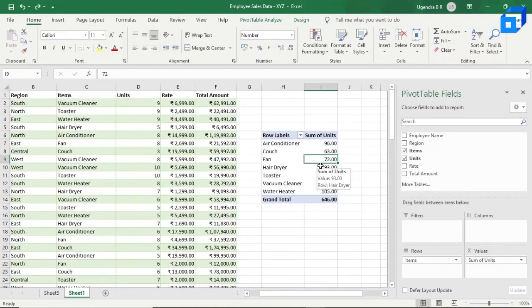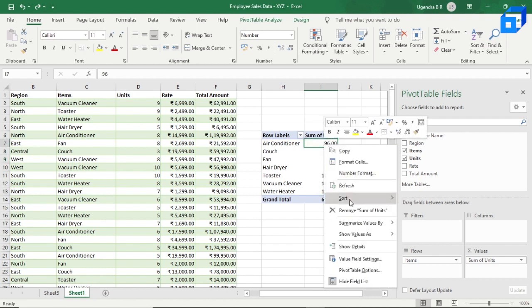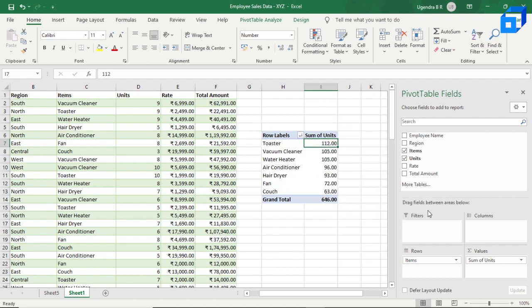Now let's say you want to display the maximum number of units sold for an item at the beginning. You can do that by sorting the values. If you click on sort and then largest to smallest, you can see that the total toasters sold are 112, and the number of vacuum cleaners sold are 105.